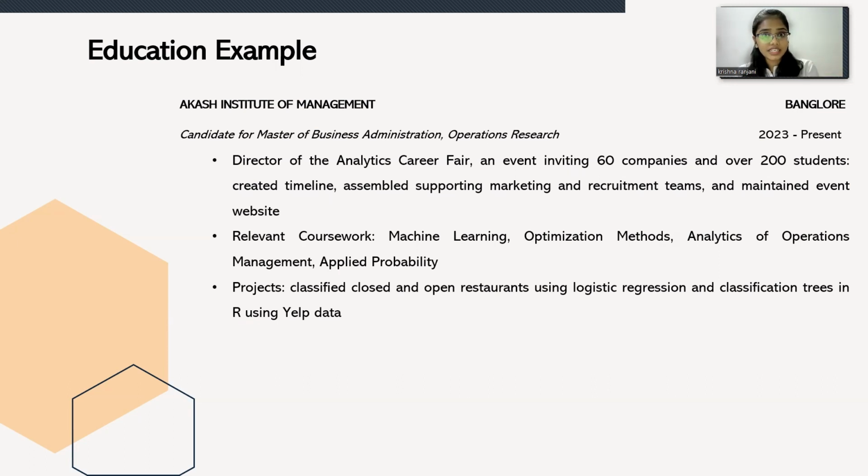For that particular event, as a director, first you mentioned your role, right? What you have done: you invited 60 companies and 200 students. Plus, what was your duty? You created a particular timeline. It means you were in charge of the entire event from start to end, right? And you supported marketing and did the recruitment for the team. You gathered your team members, did the scrutiny, and picked certain people to work on this event. It shows your HR capability, like the capability of picking out people who have the